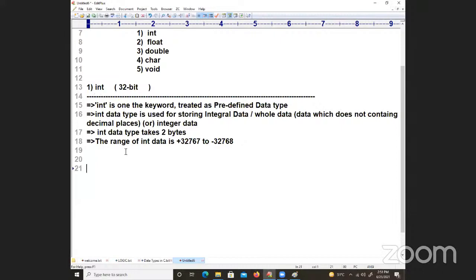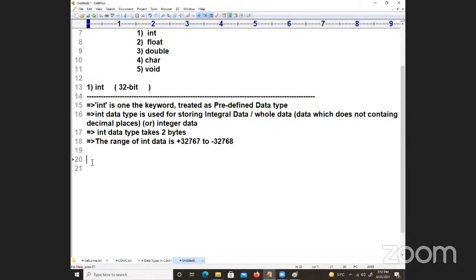Int, then long int is there. Long is going to be what? More than int data type. Long will take some 8 bytes. 8 bytes, how do you calculate the range? Again we need to go for 2 to the power of 8 bytes, which means 8 into 8, 64. So you will have that type of calculation. There also, long int, signed long int, unsigned long int. So the long int types will also be there.